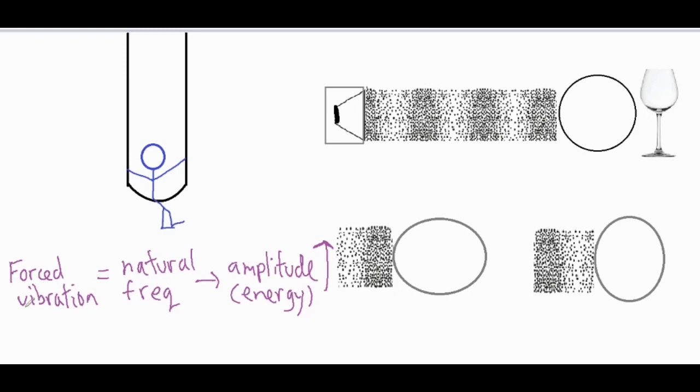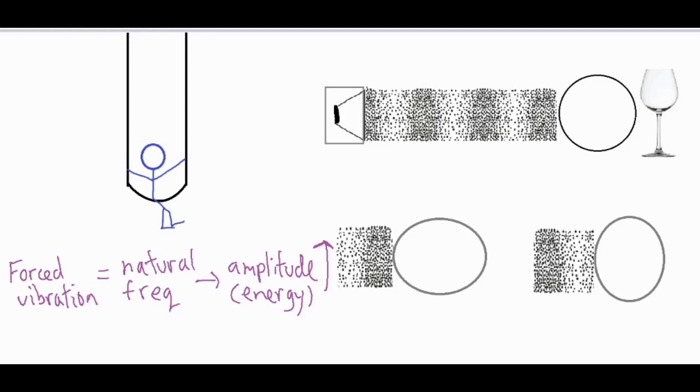So it's when some kind of forced vibration, and when I say forced vibration, it's basically some kind of vibration that's coming from an external source, meets the natural frequency of an object. And then when that happens, there's a dramatic rise in the amplitude and energy level. Now, one of the most common analogies that's used is a person on a swing. So we'll talk about how that works, and then we'll relate that to how a wine glass is resonated and